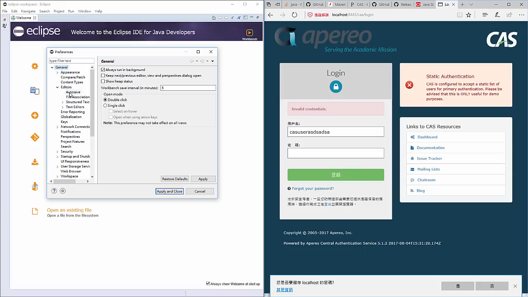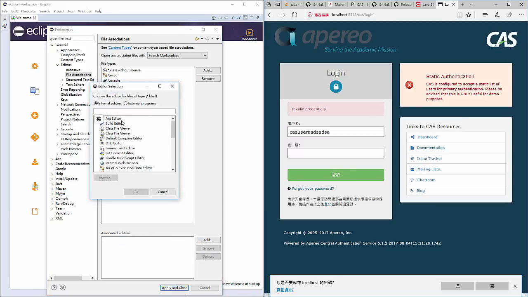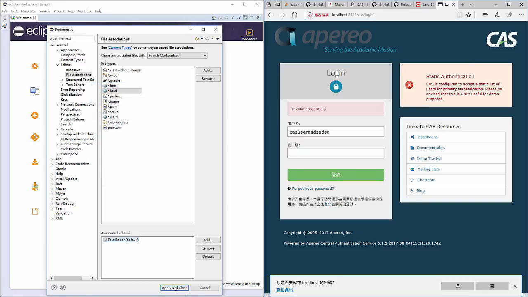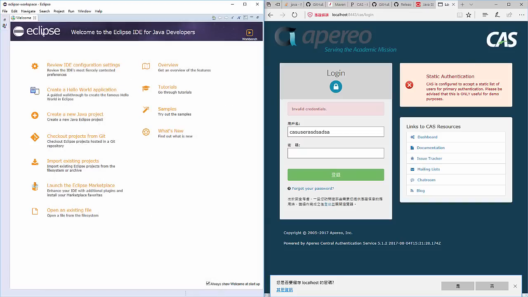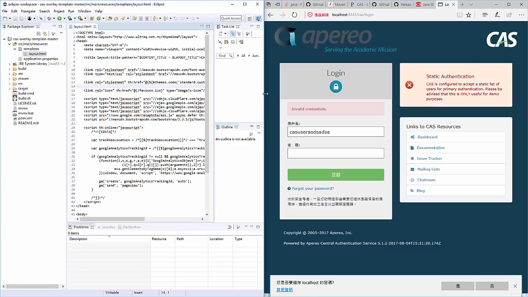Just let me do it. Association HTML, please. I'm doing edit, not whatever. Text editor. Okay. Can I edit the HTML file now? Sure can. Okay, just ugly or whatever.